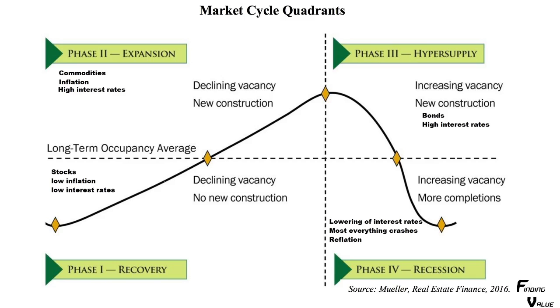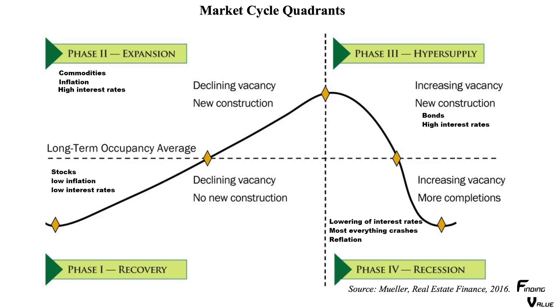So next I have is the real estate cycle. The cycle is 4 quadrants. It's recovery, expansion, hypersupply, and recession. And I wrote in here, kind of in black, what I think might be good investments to take into consideration for those areas. So during a recovery phase, you're going to have low inflation, and typically what they're going to do is they're going to lower interest rates from the previous hypersupply phase. So when you go to hypersupply recession, they're going to be lowering rates.